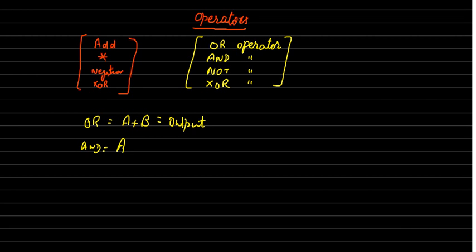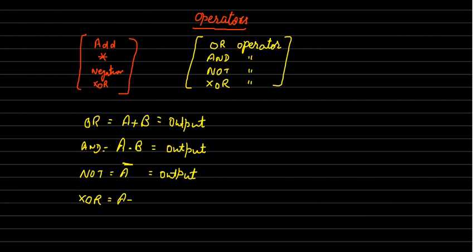We also write a dot in its place, A dot B, and this gives us the output. The third one is the NOT operator, which simply negates and has only one input, and we take one output for all our systems. And finally we have the XOR gate, which is